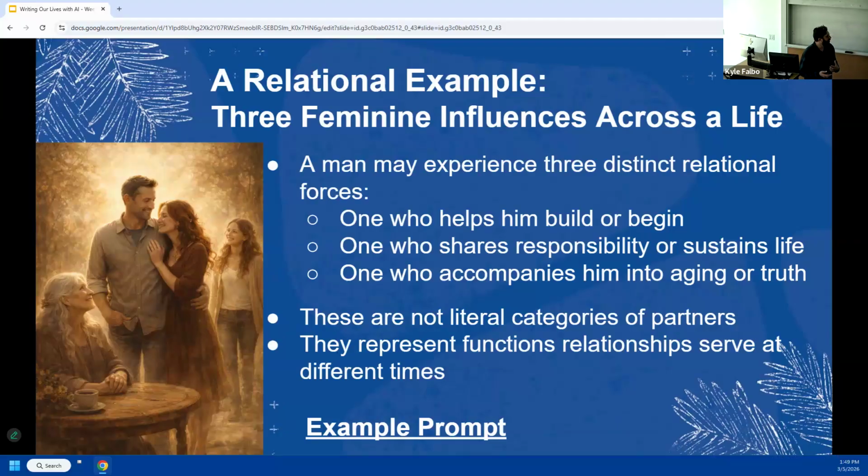I think the important part is that it's not literal categories or partners or individual people necessarily. They can represent different functions that relationships serve at different times, right? I'm just choosing this feminine relational element, which, as this AI generated image produced based on this context, is maybe your mother, maybe your partner, maybe your child, right?